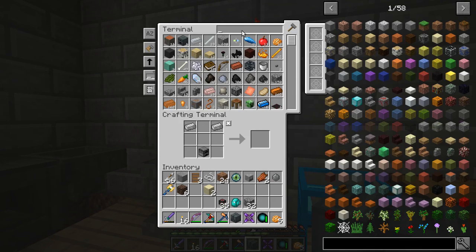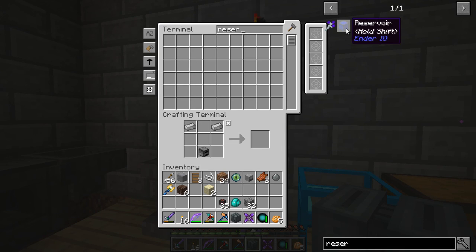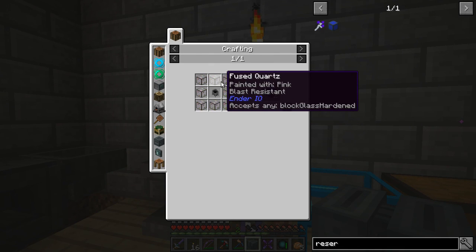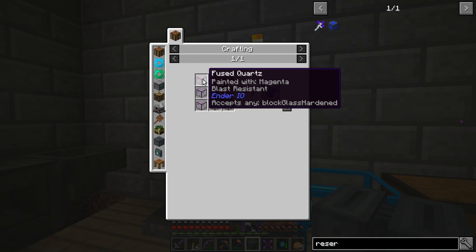So what I would like to do for that is let's use some reservoirs. There's these things. So that is glass, or it's fused quartz. Oh, that's expensive. It's 8 pieces of quartz for 2. And I need 4. So each one of these pieces of quartz is